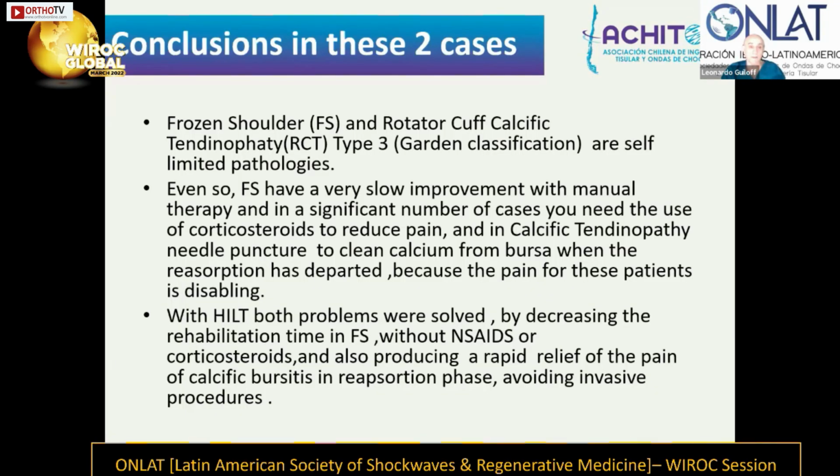reabsorption. So in conclusion, frozen shoulder and rotator cuff calcified tendinopathy type 3 are self-limited pathologies. Even so, frozen shoulder improves very slowly with manual therapy, and in a significant number of cases you need to use corticosteroids. I don't use them today, never. And in calcific tendinopathy, needle puncture also,